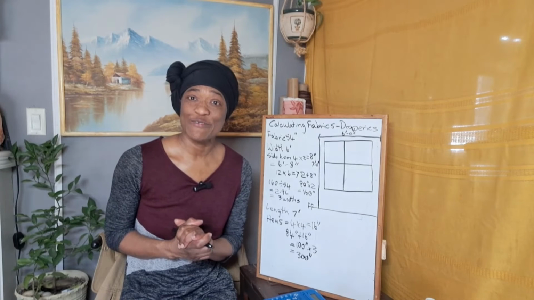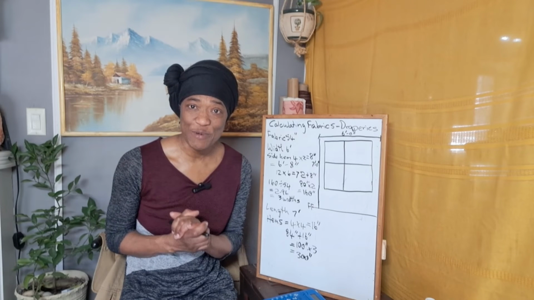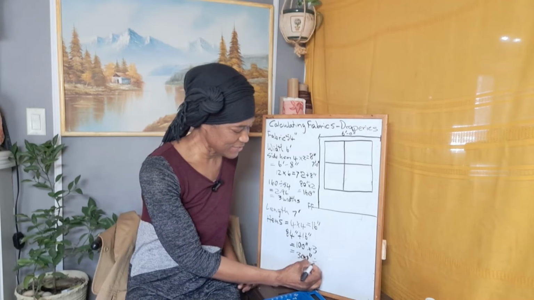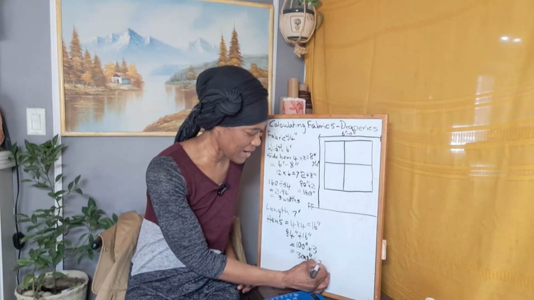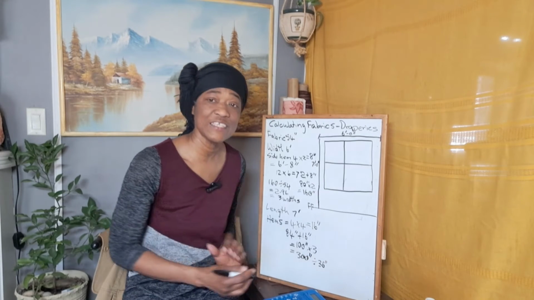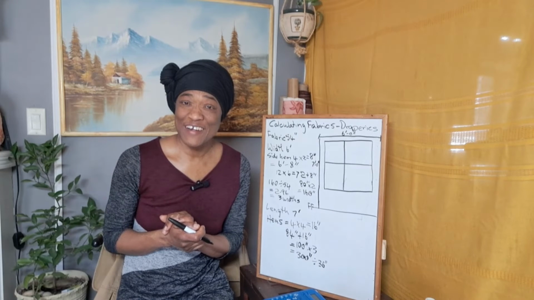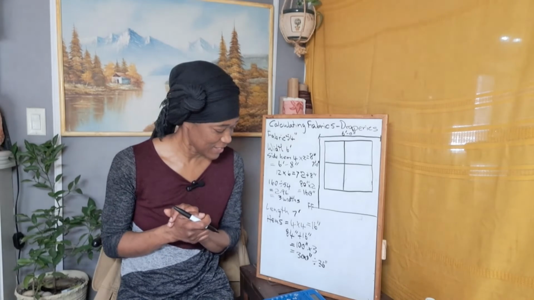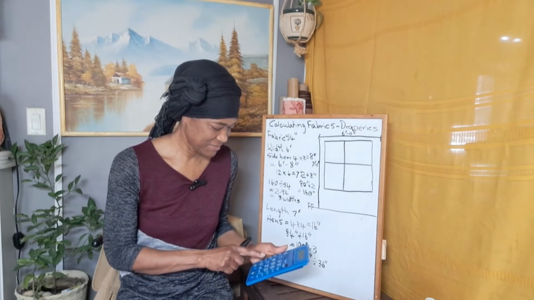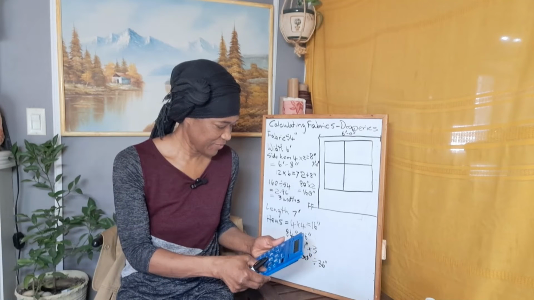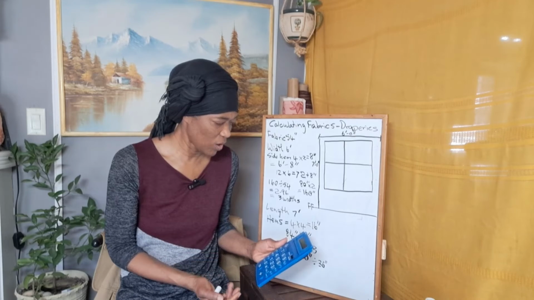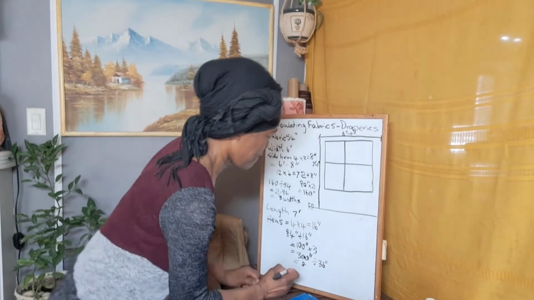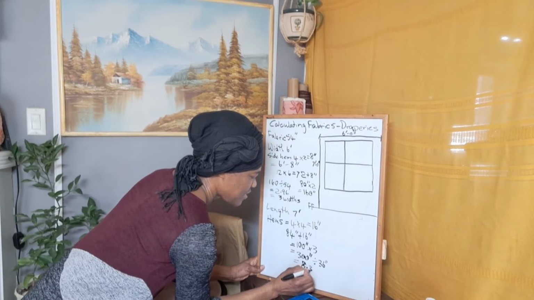So in order for us to find out how many yards of fabric we will need, we will have to divide this 300 inches by 36 inches, because there are 3 feet in a yard and there are 12 inches in a foot, right? So 3 twelves are 36. So 300 divided by 36 equals 8.33